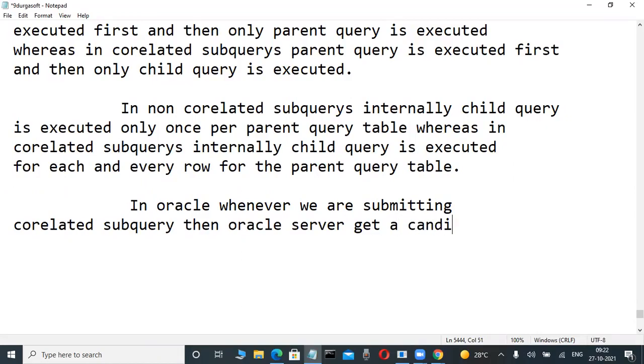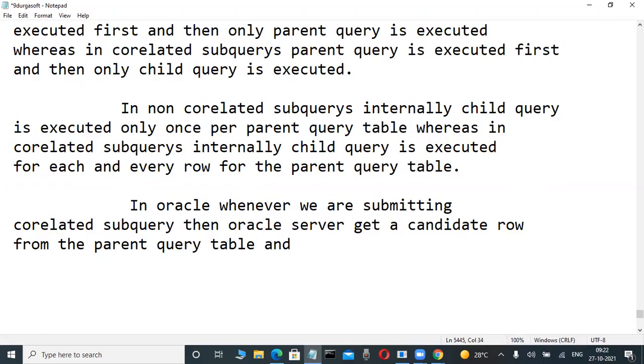What does candidate row mean? Practically we are learning. Get a candidate row. Candidate row means first row, first time, second row, second time. Candidate row is a terminology, right? In Oracle, whenever we submit a correlated subquery, the Oracle server gets a candidate row from the parent query table,